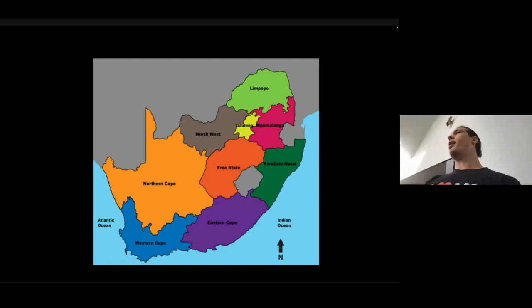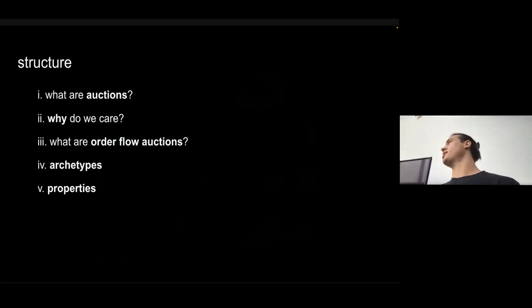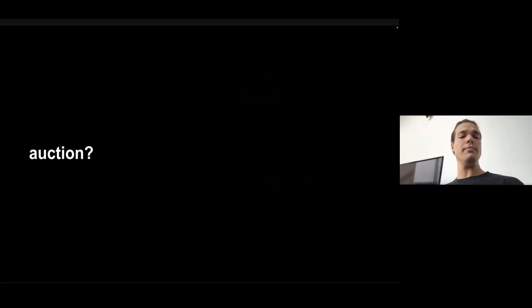And the idea is that hopefully at the end of the day we all have a similar idea of what the map is, and in doing so can speak a similar language and hopefully come to some agreement on what the best outcome will be. And so the talk is structured: first, looking at what auctions are very quickly, why we care, and a lot of that's been said already, so I'll be quick about it. Then more specifically what order flow auctions are trying to do. Then a couple of archetypes and some properties of those that we care about.